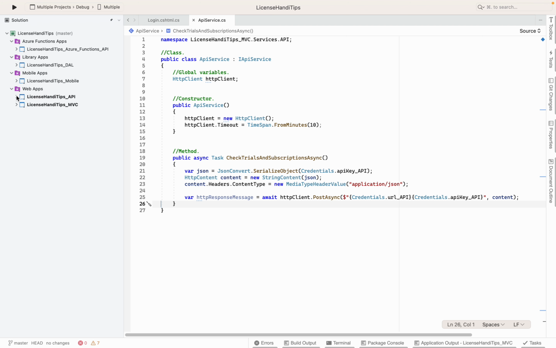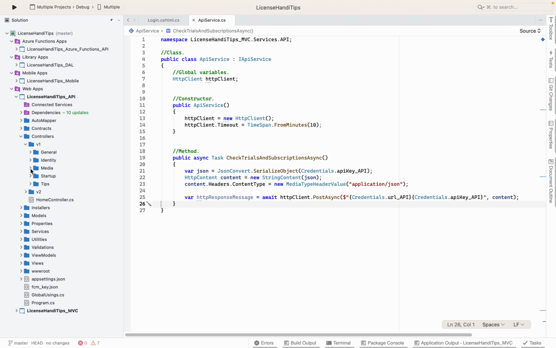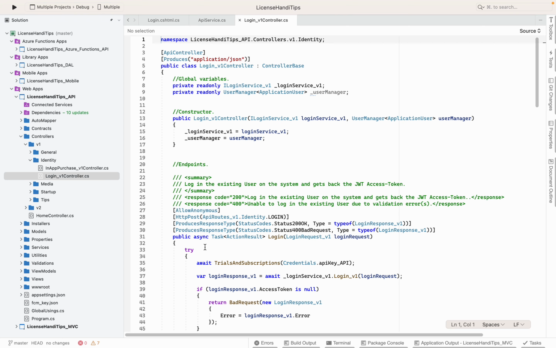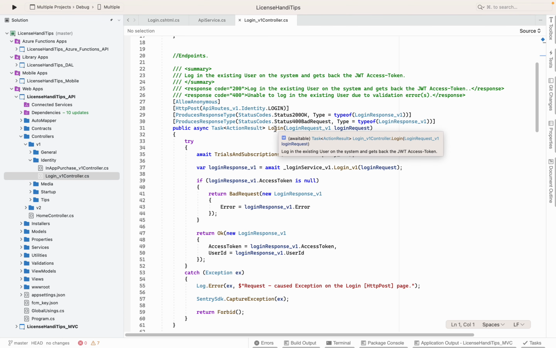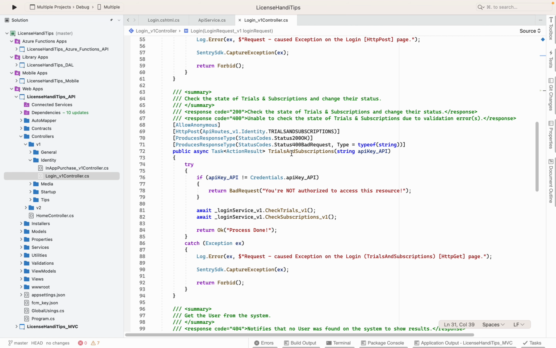But what I care about is this one. Remember, it's going to call, if I show you the URL, this controller V1 identity folder login V1 controller, and there on the login. But we want this one, trials and subscription. I believe this is where it's going to